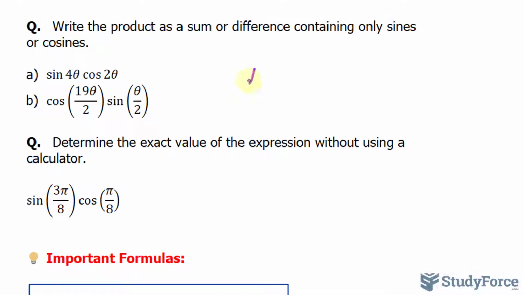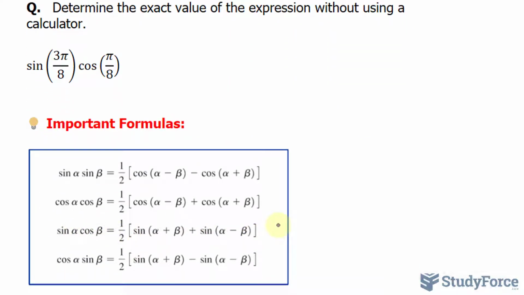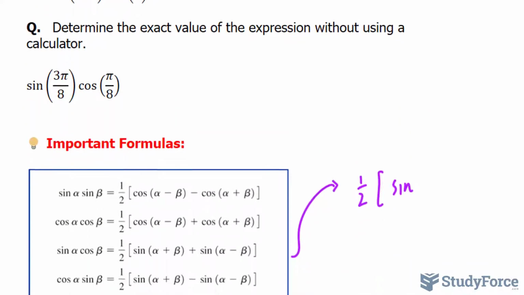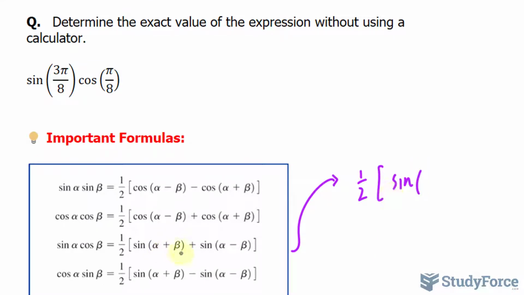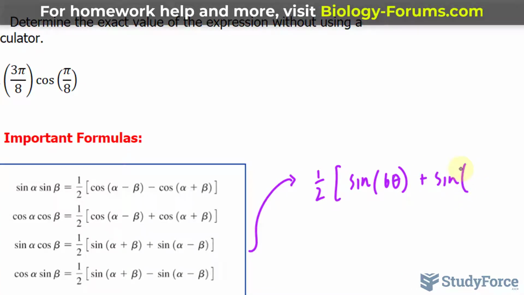So I want to begin by setting alpha equal to this angle, 4 theta, and beta as 2 theta. And using what we have right here, I'll expand sine alpha times cosine beta using the right side of the equation. So I have half bracket sine, and alpha is 4 theta. So I have 4 theta plus 2 theta, that's 6 theta, plus sine, again, 4 theta minus 2 theta is